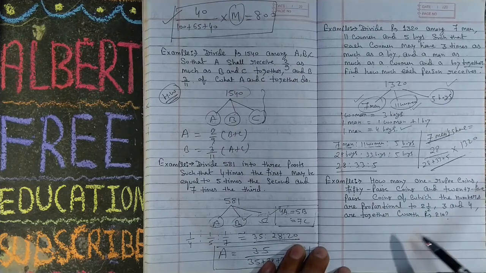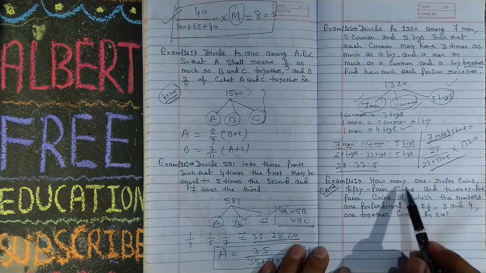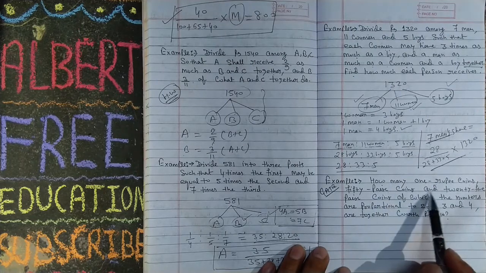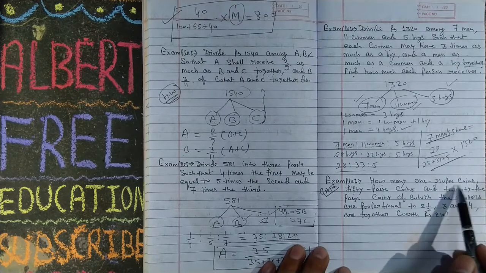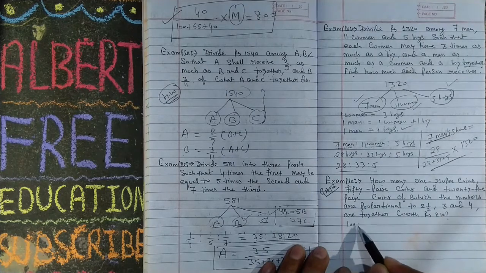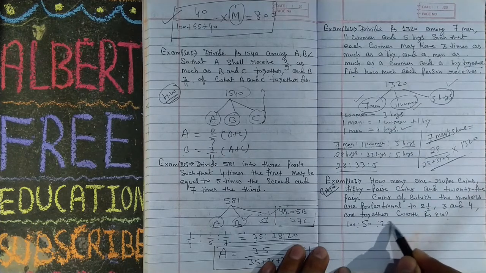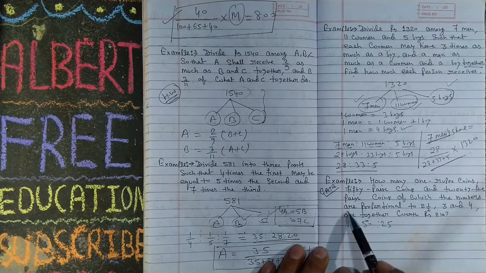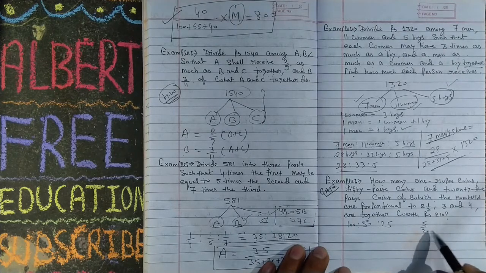How many 1 rupee coins? He is asking this question. It has come in your GATE exam. How many 1 rupee coins, 50 paisa coins and 25 paisa coins? If we write paisa here, then everything must be in paisa. So 1 rupee coin means 100 paisa, ratio 50 paisa and 25 paisa, of which the numbers are proportional to 2, 5 upon 2, 3, 4.